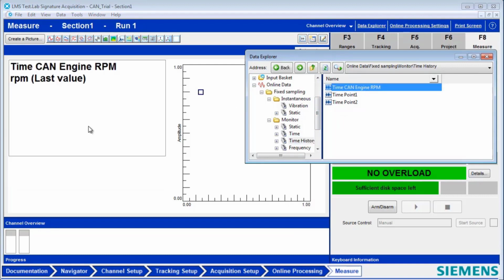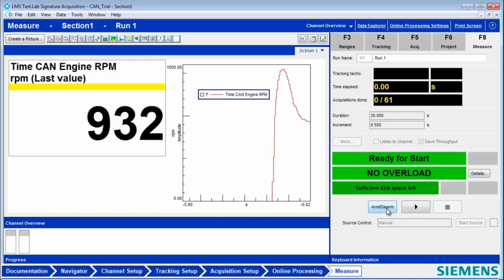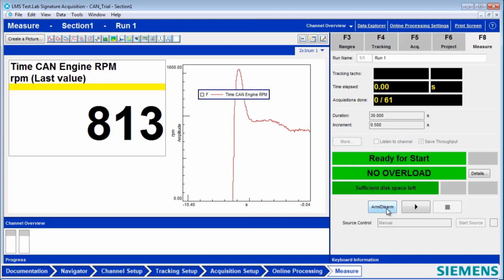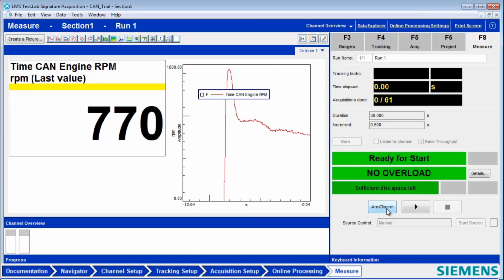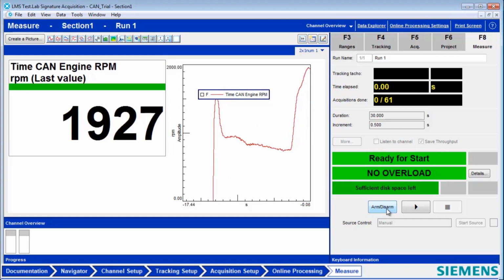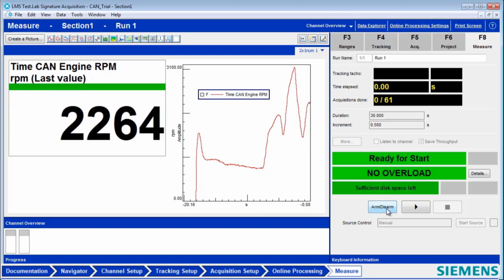If I want to have a display of the numerical values, so I can have a heads up display of the values, and also I can look at the time history of the RPM as my test is running. So now I'm going to arm it. Now, turn on my car. And you can see the engine RPM updating. And as I press the gas, you guys are hearing anything. You can see the RPM changes. Basically, it should have showed the car starting and showing throttle blip.